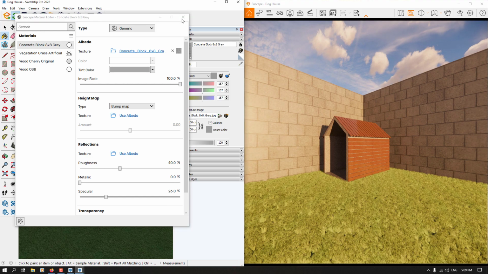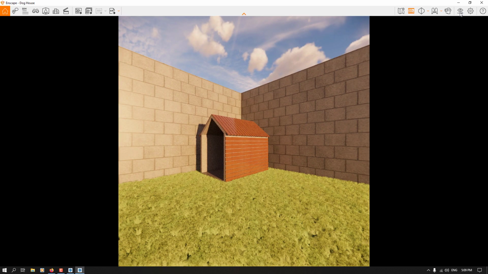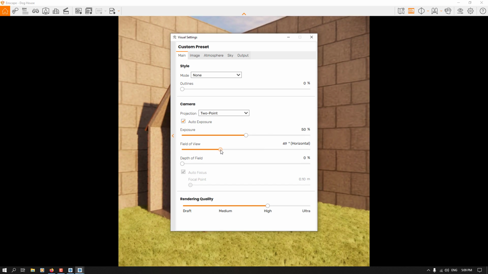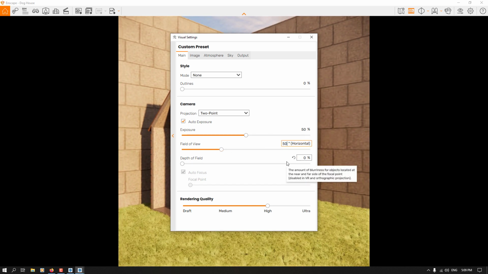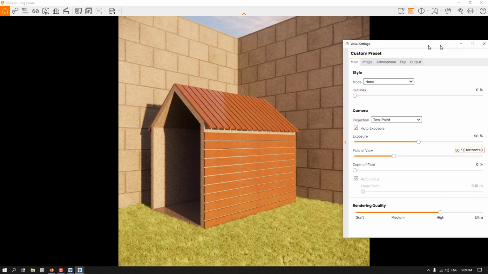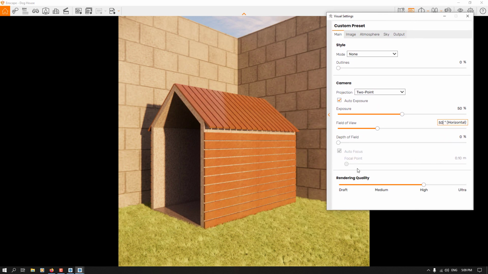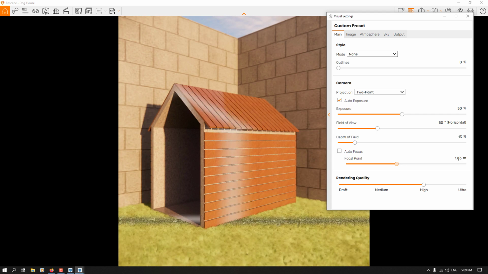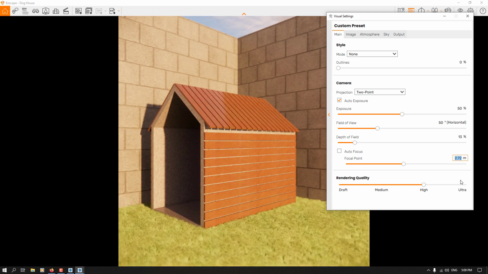So about the sky, I want to open the visual settings in here, and the exposure is good. About the field of view, I can zoom on my main thing I want. Actually it's the doghouse, and I can take some type of depth of field for it. I want to turn off the autofocus, and now I want to focus on this place that is shiny on my screen, you can see. So I'm going to type the number 2.72 meters and reduce the autofocus and the depth